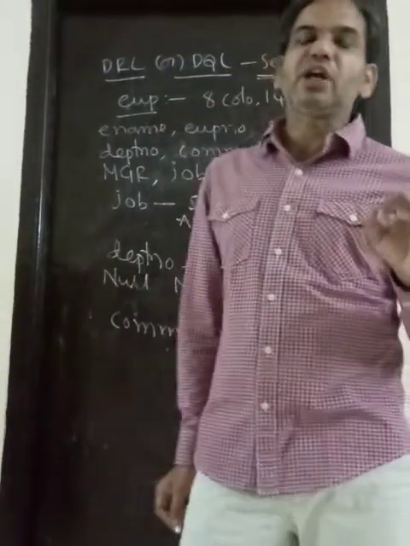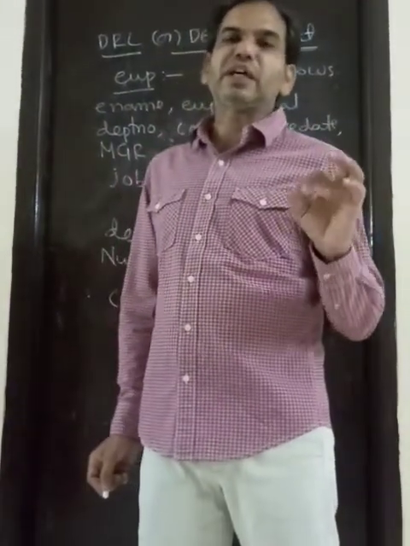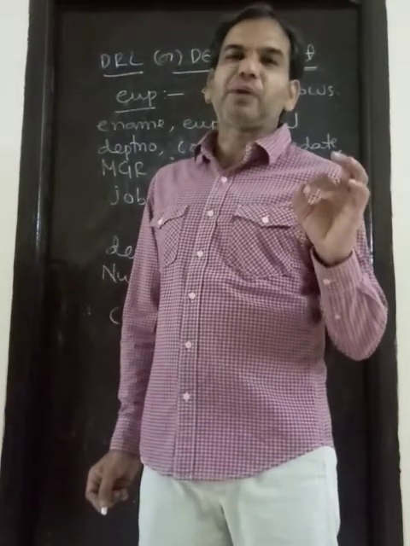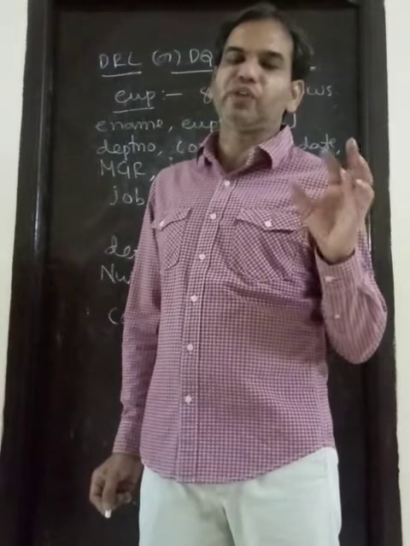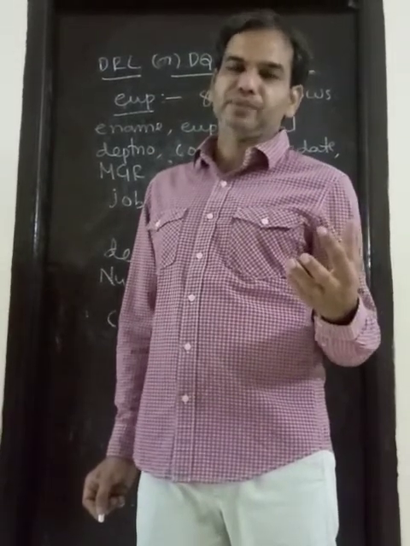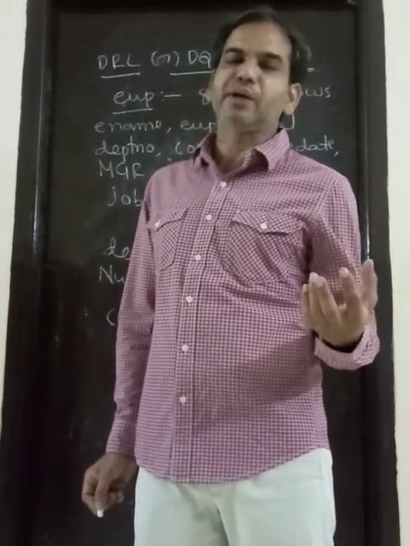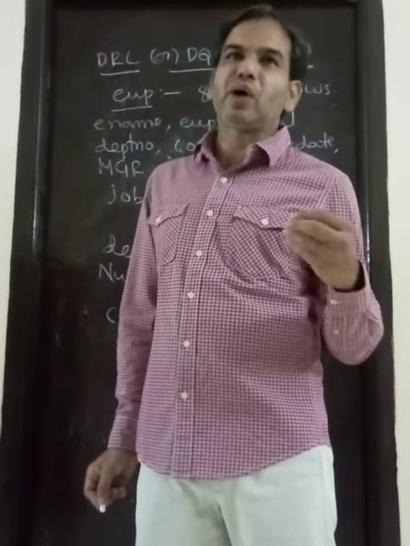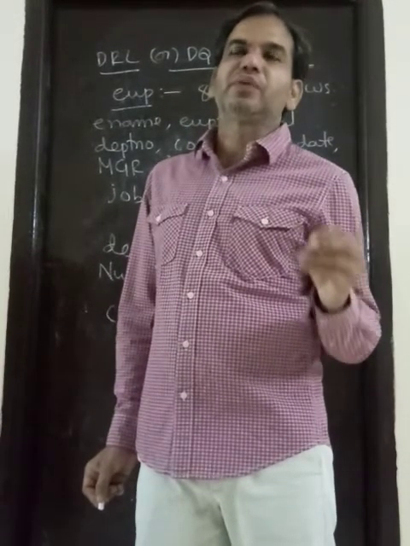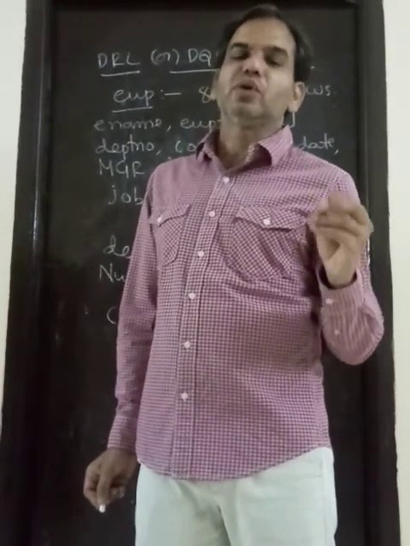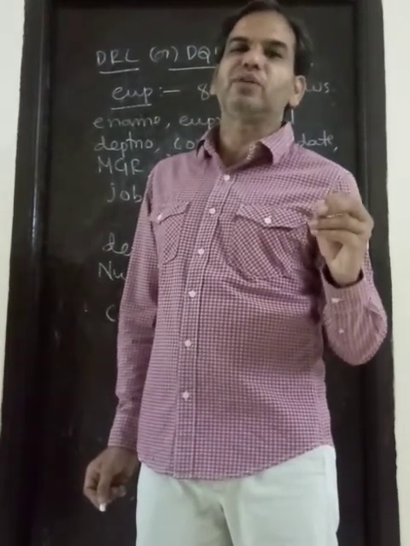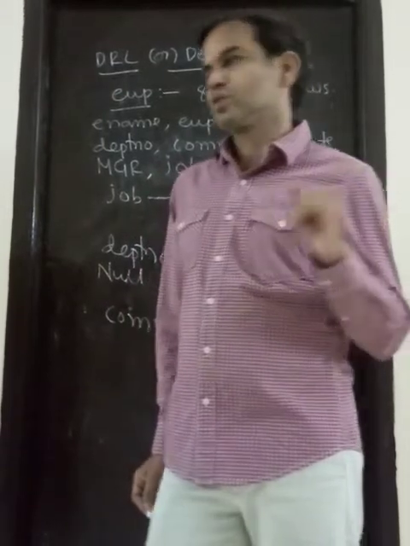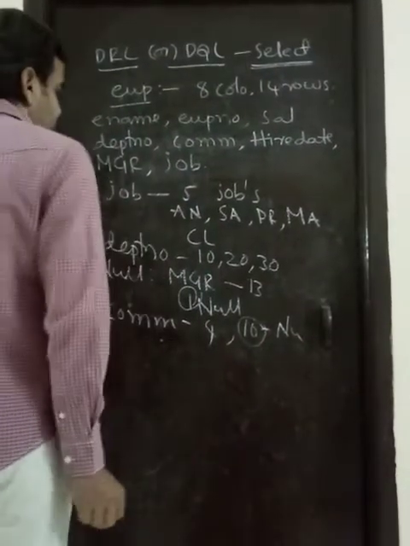So what is the meaning of null? Missing information or inapplicable information is specified using the null value. We discussed this in the previous class while discussing the insert command. In the insert command, if you want to skip a column value, we specify null. So this is a description of the employee table.